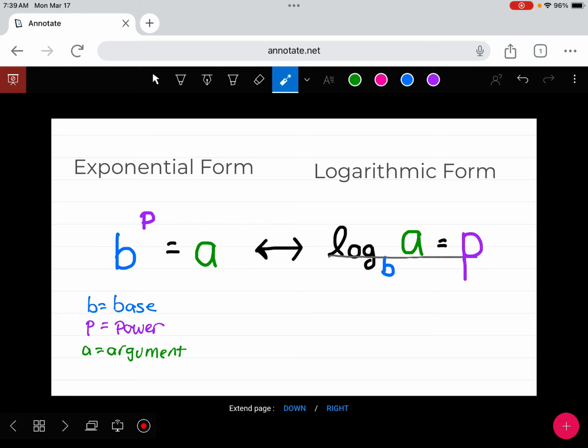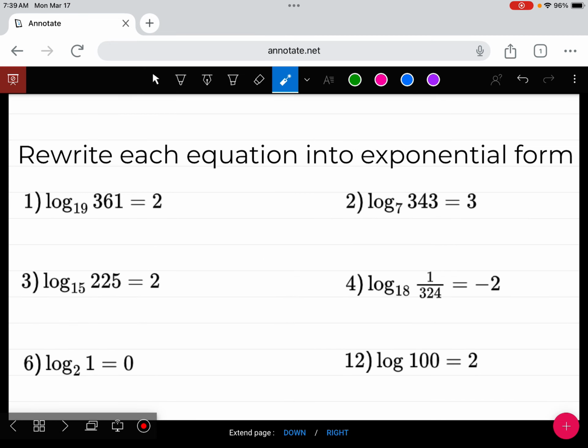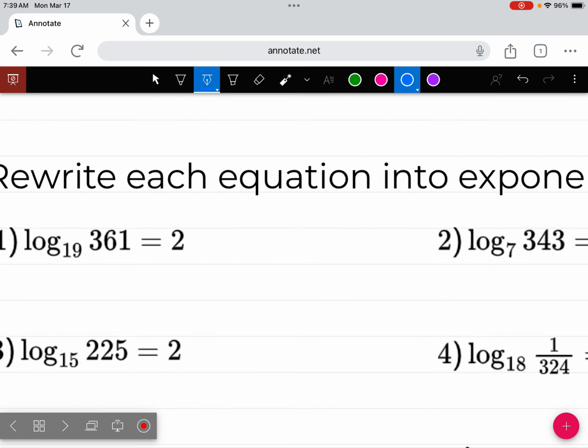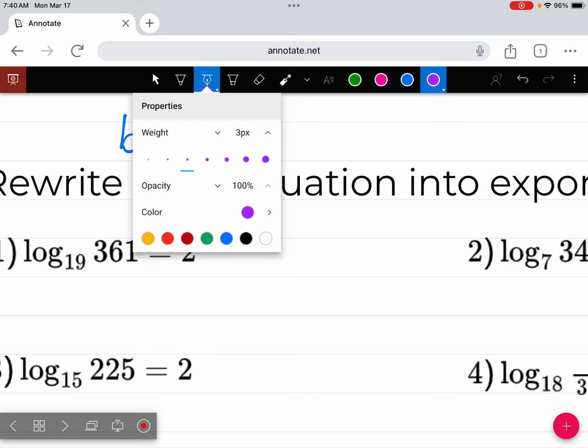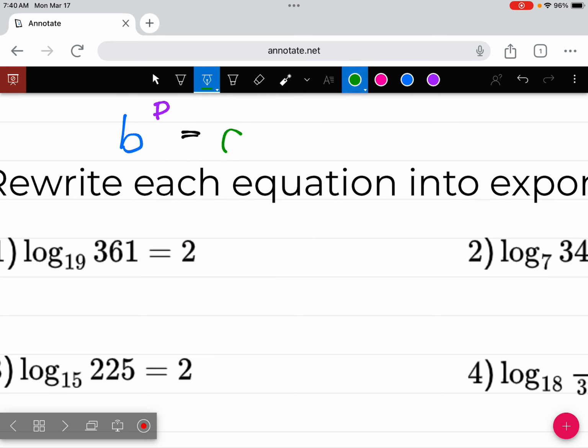Okay, so the first thing we're going to do is take some logs that I give us, and we're going to switch them from log form. It's going to give it to us like this, and we're going to rewrite it like this. So we're just going to switch the pieces. We play match them up. So we're going to rewrite these into exponential form. I'm going to put my little BPA, log BAP at the top. So our BPA, we are going to switch to, from log BAP, log base b of a